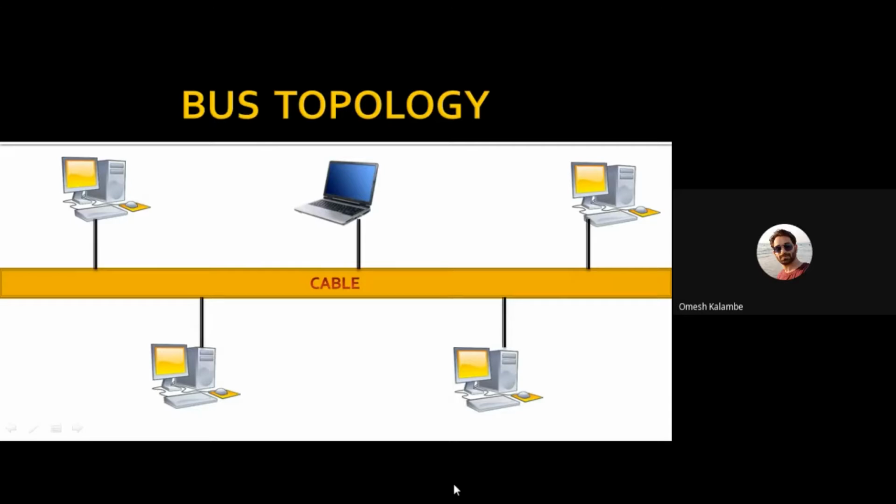Now, we have to create the bus topology. We know that in a bus topology there is only one backbone cable connected to several end devices. Here, 5 end devices are connected to one backbone cable. Now we are discussing how to create that bus topology in Cisco Packet Tracer.